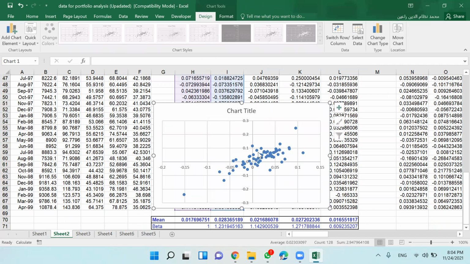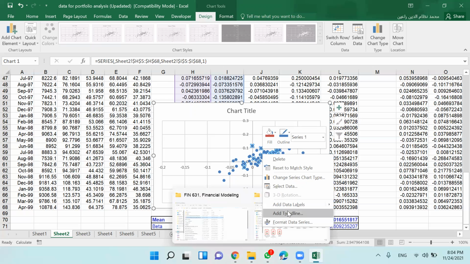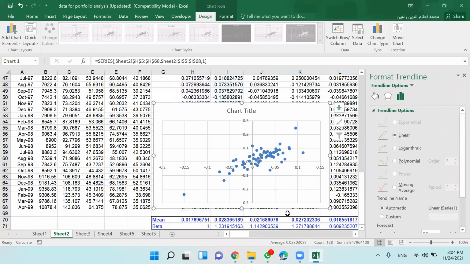Then press on the right side of your mouse, and you have options there if you use a mouse. Otherwise, you have to know the shortcuts. And you use trend line here, add trend line.